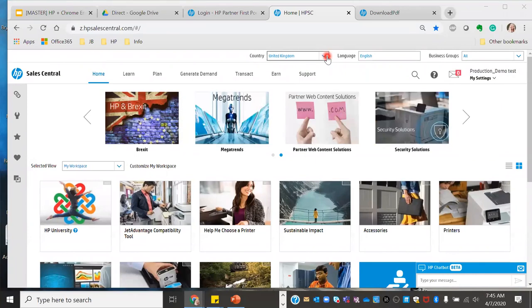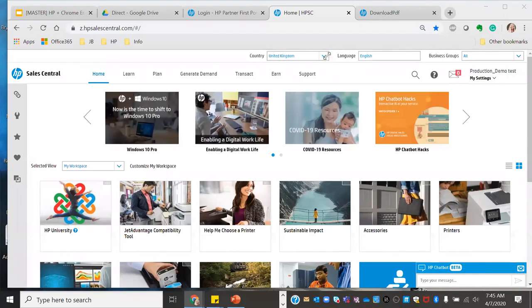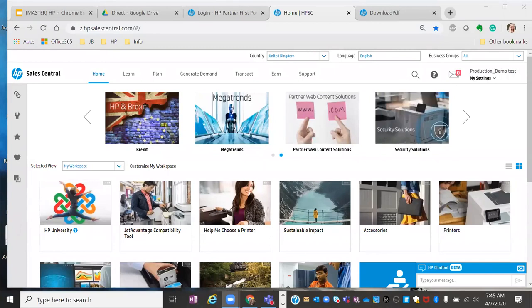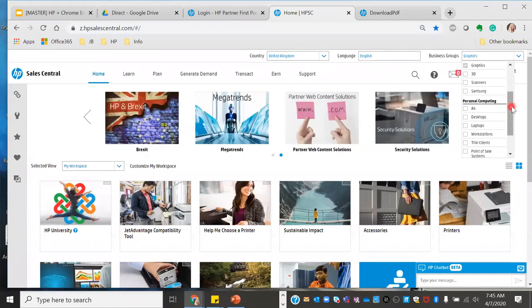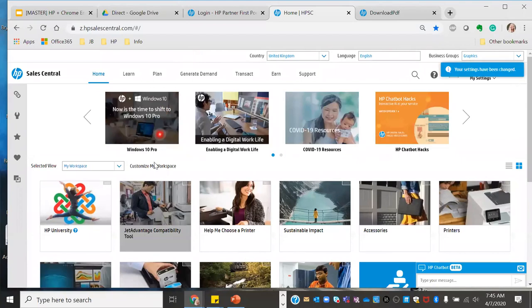When you create this portfolio for DesignJets, can you create this portfolio for DesignJets? You can. So let's do this. What I'm going to do is I'm just going to pull in the graphics. DesignJets are under the graphics. Okay, so let's go ahead and